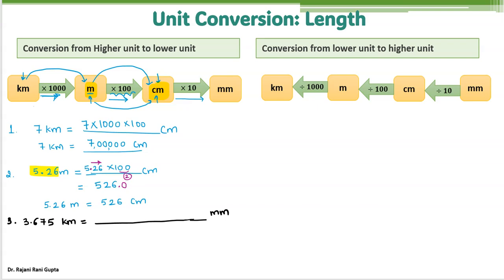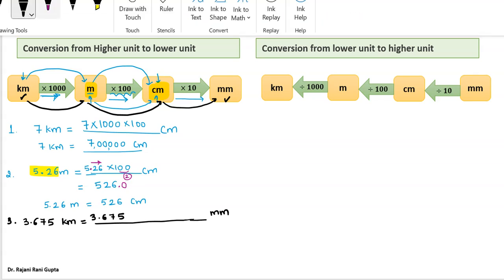Okay, so we are at kilometers, we want to reach millimeters. So we have to follow this way. We first go to meter, centimeter, and then we reach millimeter. So as usual, what we do, we write our number 3.675. Then moving from